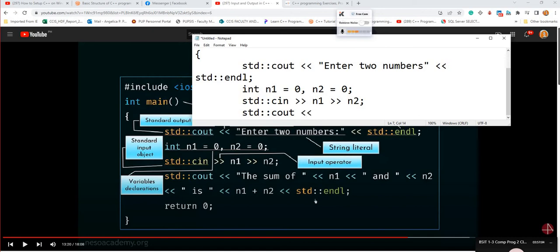What we're doing is input-output, no? Cout, tapos, close in,